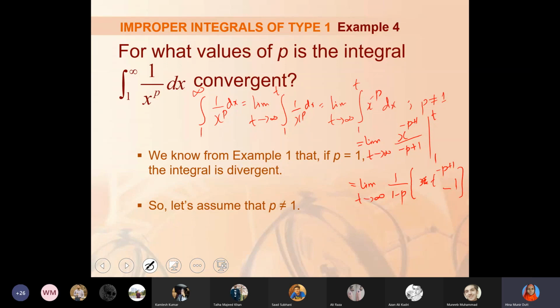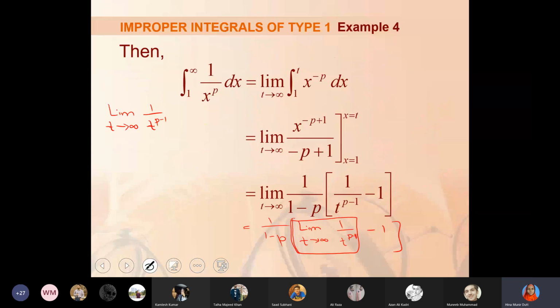1 के केस में तो ln ऑफ x आंसर आता है ना इसका इंटीग्रल. वो केस हमने पहले से अलहदा से सॉल्व किया हुआ है, जो पीछे एग्जाम्पल में किया था। अभी तो हम p नॉट इक्वल टू 1 के लिए करें। p की कोई भी वैल्यू हो सकती है, हमने वही वैल्यू तो डिटरमिन करनी है जिसके लिए ये इंटीग्रल कन्वर्ज करे। अभी हम देख रहे हैं कि दो तरह की वैल्यूज आ रही हैं। p की वैल्यू अगर 1 से बड़ी हो तो 0 आंसर आ रहा है।